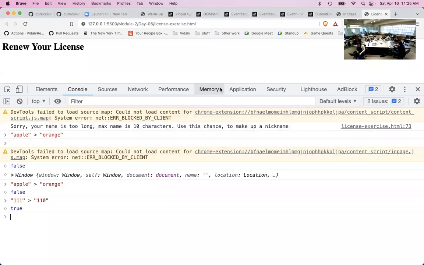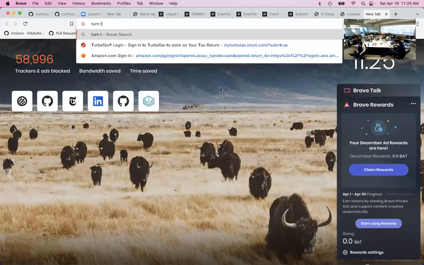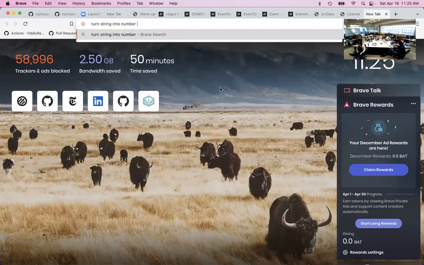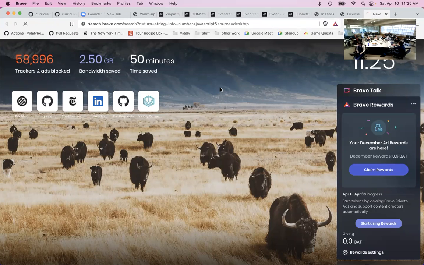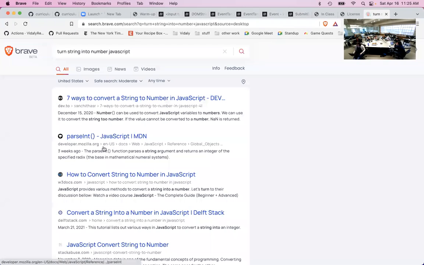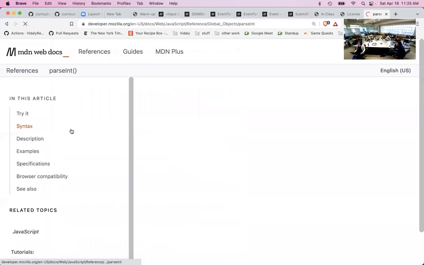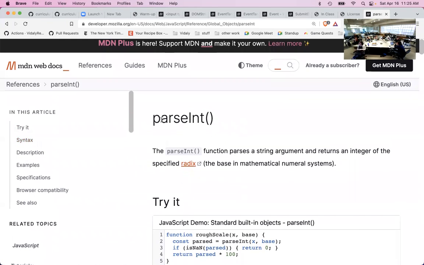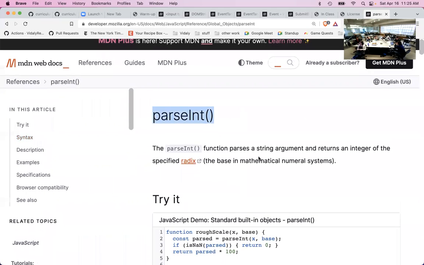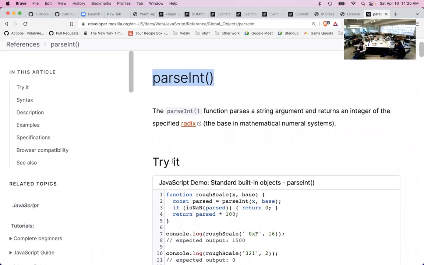And the way you would figure out how to do this is to search "turn string to number in JavaScript." Seven ways. So this is what we want to do, parsing. It will parse a string and return an integer of a specified radix. I don't know what that is, but